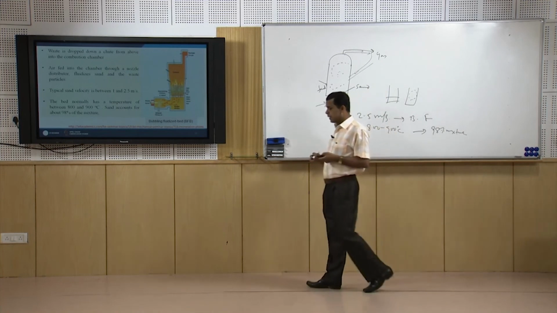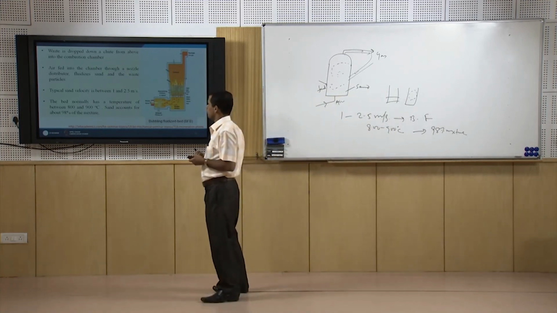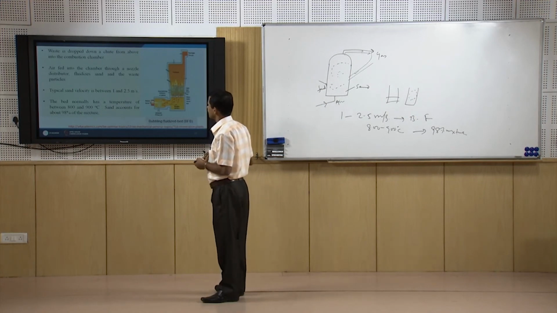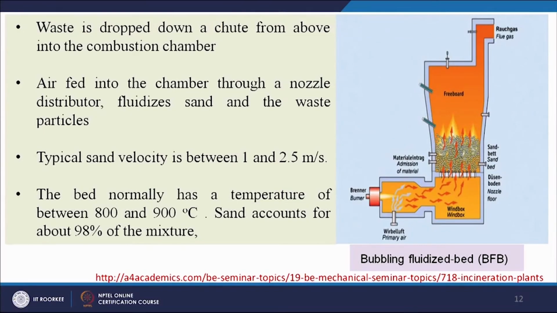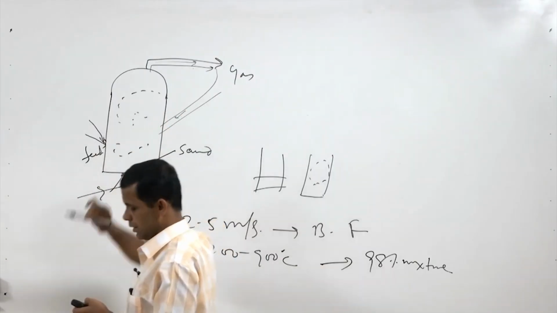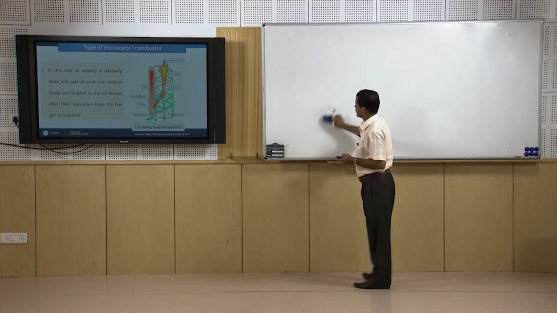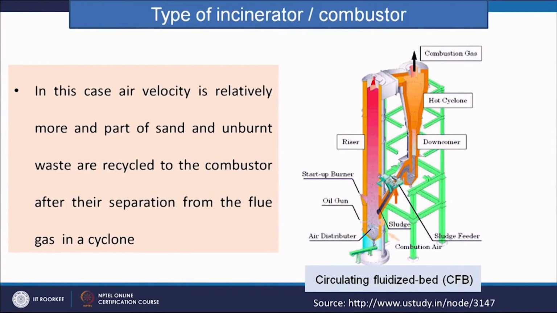So, these are the characteristics of the bubbling fluidized bed incinerator. Here, waste is dumped from the chute and air is passed from the bottom, and it is fluidized. In case of circulating fluidized bed, air velocity is relatively more and part of the sand and unburnt waste are